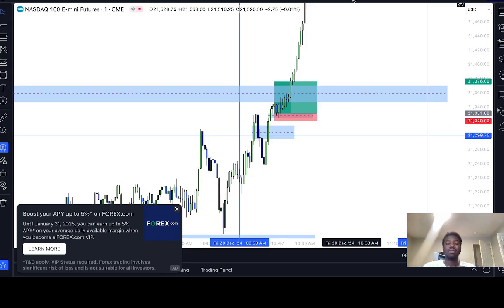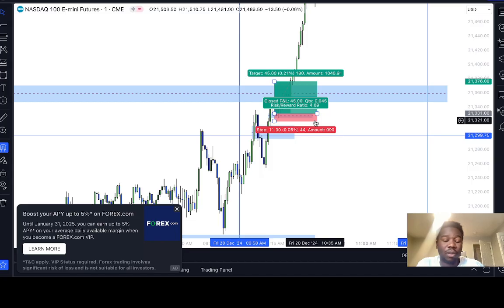Your objective is to find an opportunity within the market and within price action. And these opportunities don't occur every day. But your objective is to find an opportunity where you can make profit, get in, get out of the market, and preserve your capital. So here is a 44-point stop loss